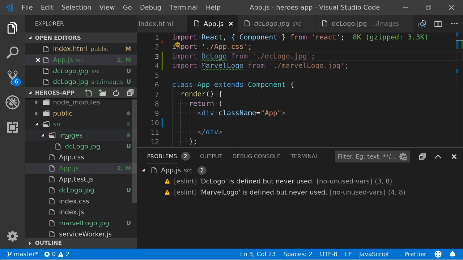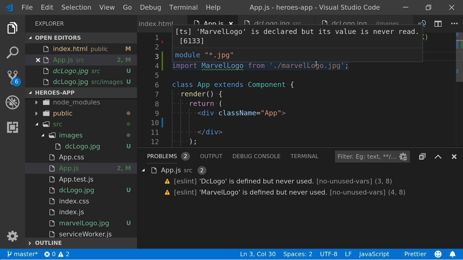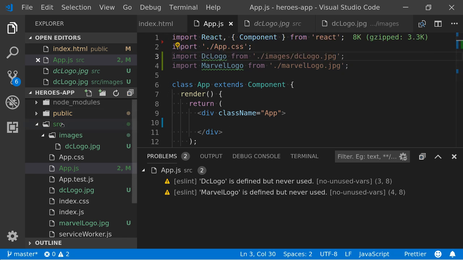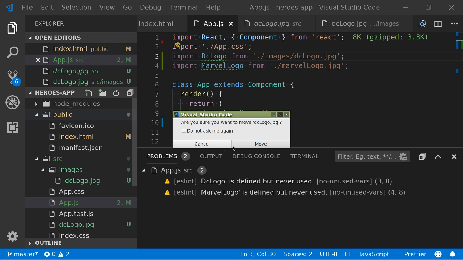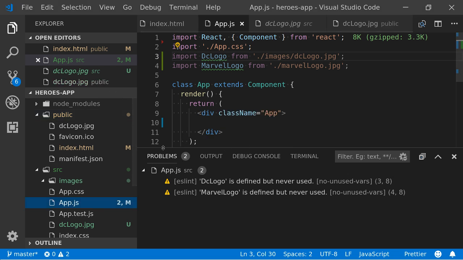So from source, how do I get to images? Well, images is a child folder of source. So I can just actually type images/DC logo. And that would reference images here, and then go within the images to get the DC logo. And if it was the other way around, so for example, if we had our DC logo out here, or even in public, yeah, I could put it in public, and then I'll make sure I delete it.